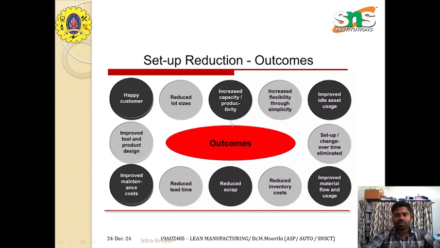In the last video, we discussed what setup time reduction is, what factors directly affect it, and what process or procedure is to be followed for reducing the setup time. Here we have a number of outcomes of setup time reduction, which come from following the above procedure, so that we will minimize